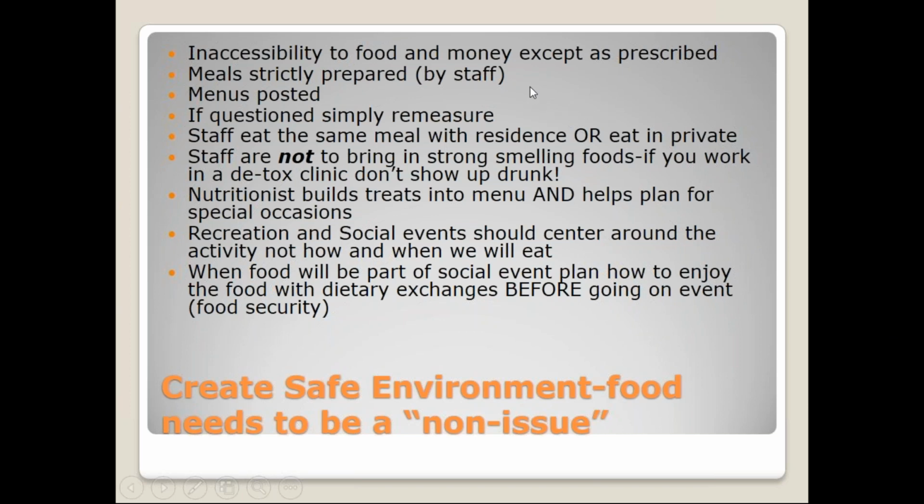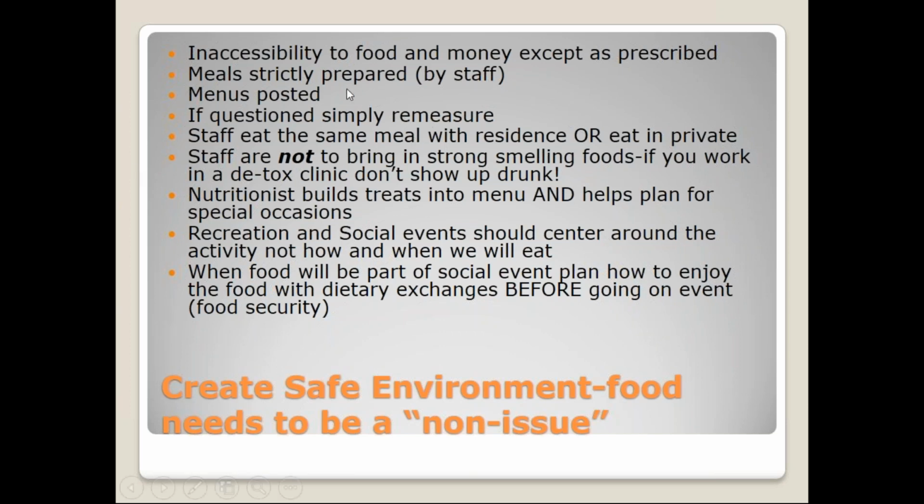As you saw in the video, meals are strictly prepared by staff. Now, in the more advanced things, in the same video, they show some folks with Prader-Willi syndrome who may be able to work with the staff alongside them in preparing their own meals. We want you to be independent and strong. But remember, the one area I'm never going to be completely independent in is my own food shopping, preparation, and planning. I'm always going to need some support, okay?